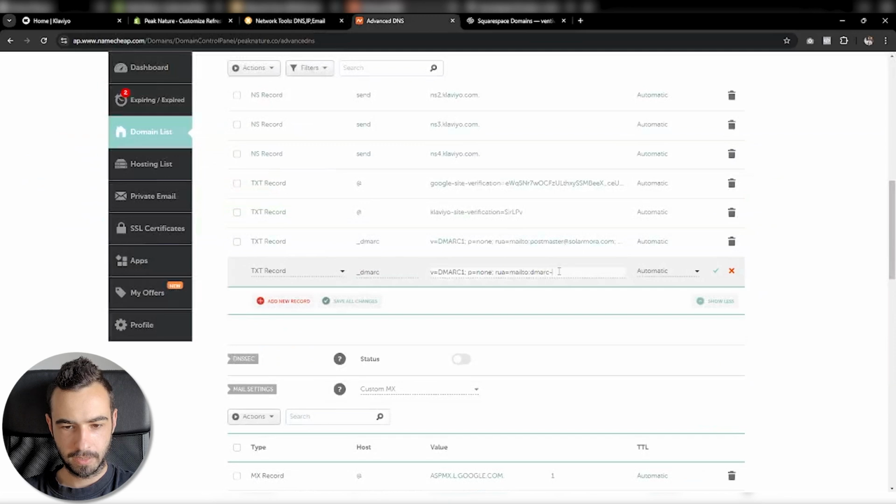Just one thing is that after this DMARC and the dash, you're gonna need to add an email address. It can be like a spam email address that you're using. Like I have one that I haven't opened in like 3 years, and this is what I'm usually inserting, because you're gonna be getting a ton of reports from them, which can be spammy. It can be annoying if you're using it on a daily basis. So just use some kind of email that you're not using, like, I don't know, spam test at gmail.com, and